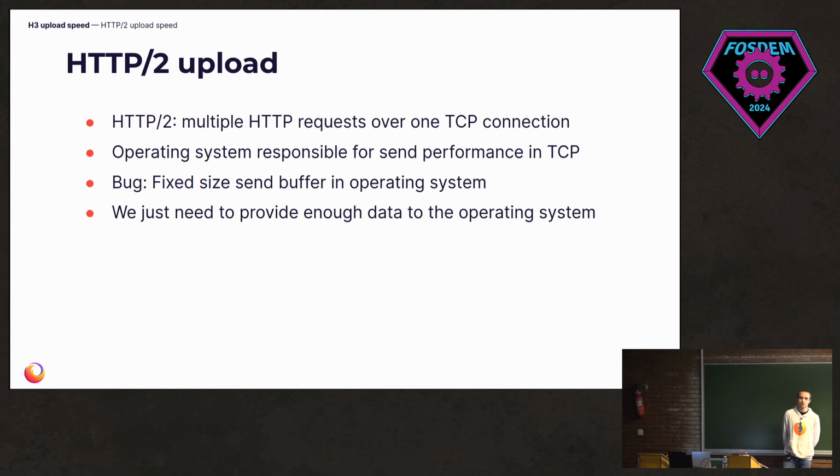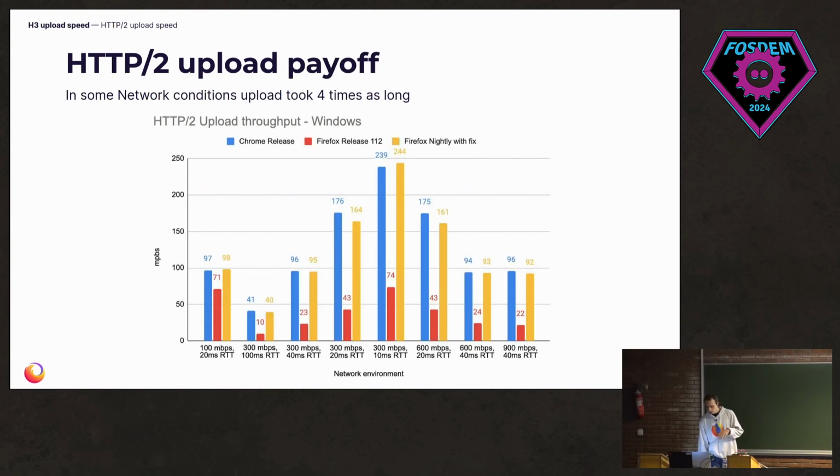For the fix, we just needed to adjust this TCP socket to not set the fixed size buffer and let the operating system handle the buffer size. And this shows that the operating system is responsible for the upload speed, or the performance of upload. And this is a stark difference to HTTP3 upload. And with this fix of just not setting the fixed size buffer, we can take a look at